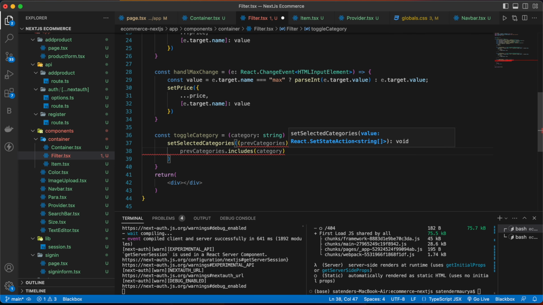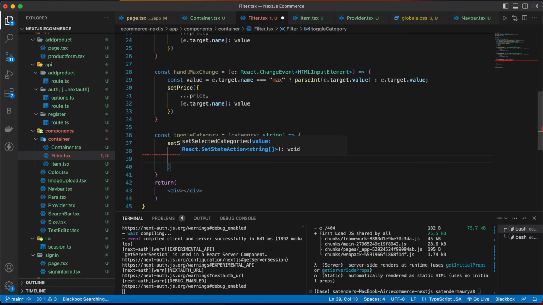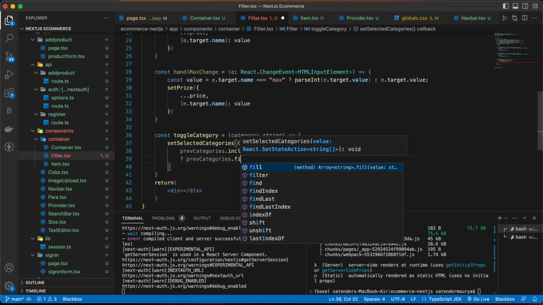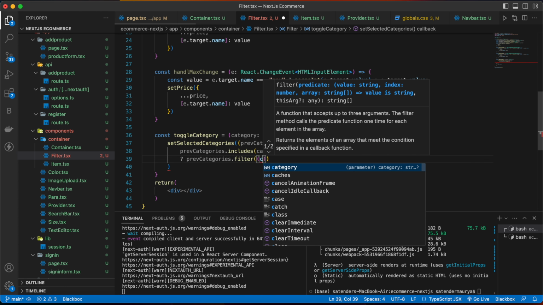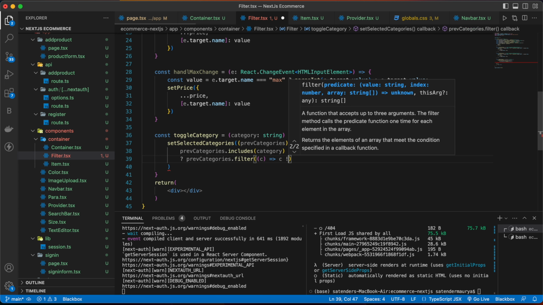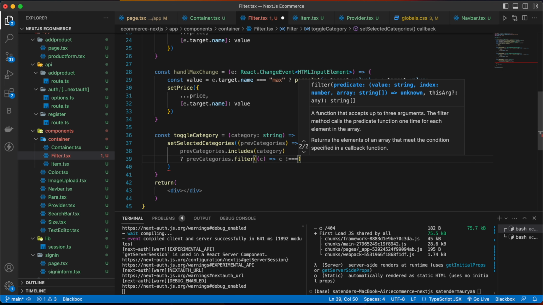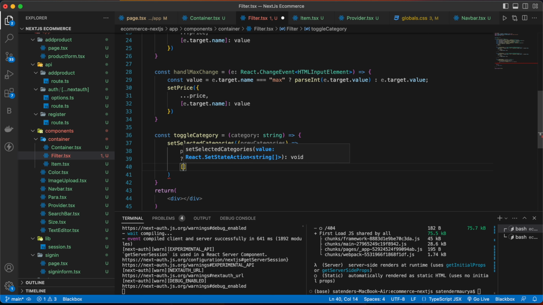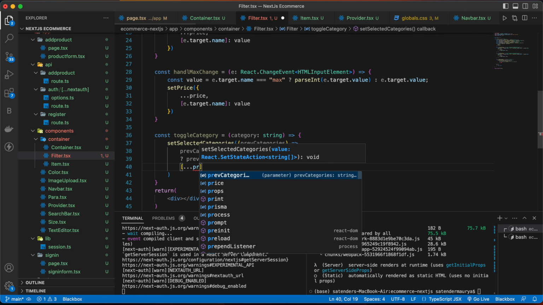So if the previous categories include the category, we are going to do previousCategories.filter c, and c will not be equal to category. Otherwise, we're just going to spread our previous categories and insert the category value.